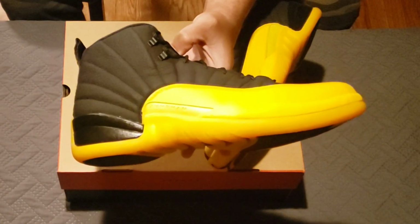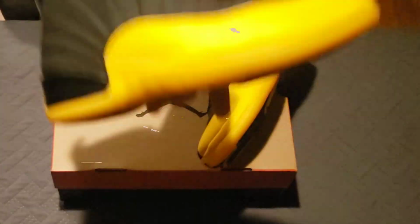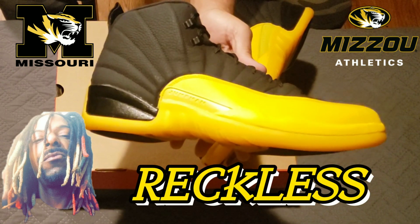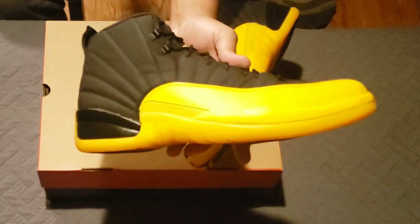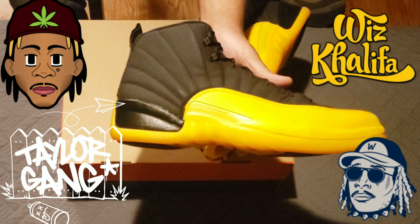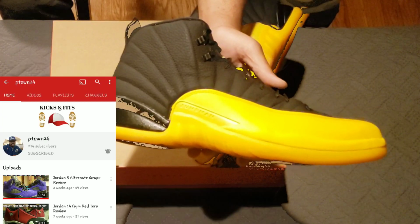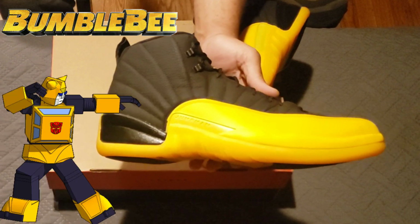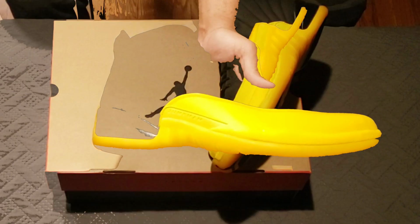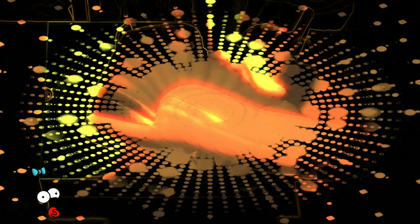Jordan 12 University Gold. Jordan 12 Batman. Reckless Gang. Jordan 12. Your boy Alias's Missouri's. Jordan 12 Wu-Tang Clan Killer Bees. Taylor Gang. Jordan 12 Wiz Khalifa's. Black and yellow, black and yellow. Jordan 12 P-Towns. Shout out P-Town. Jordan 12 Bumblebees. Roll out. Jordan 12 Mustard on a beat. Jordan 12 Simpsons. I know it's kind of weird. Anyways,